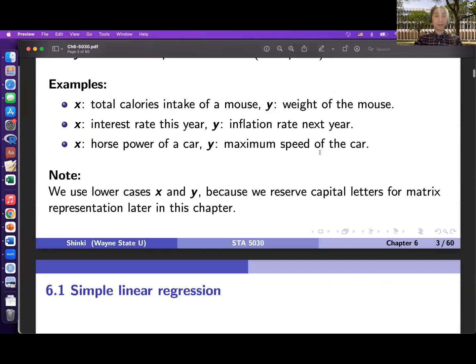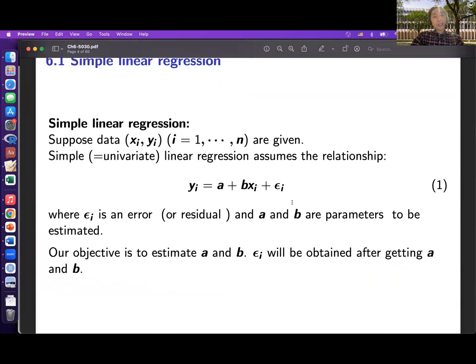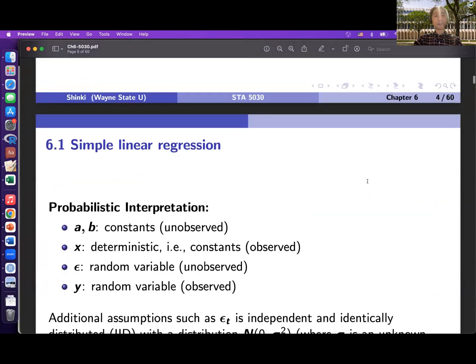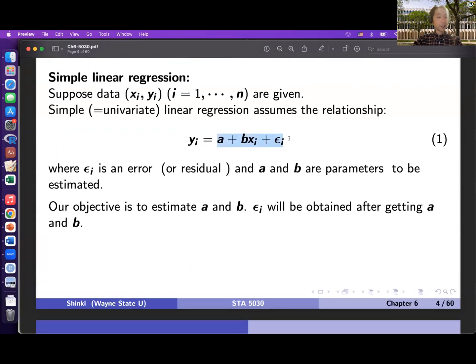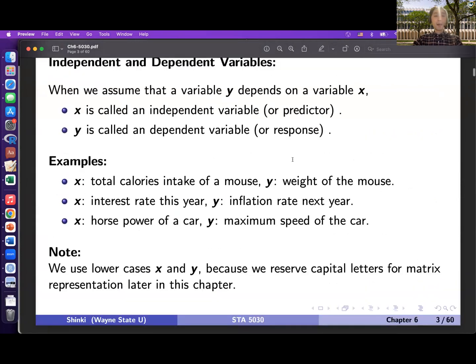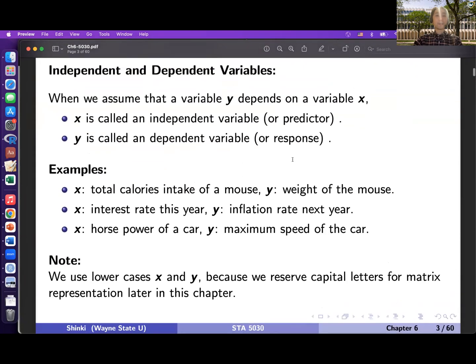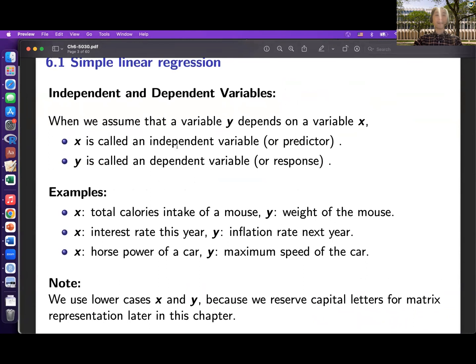So this is the linear regression, and actually we say this is linear. One reason is that this is a straight line, but that isn't actually essential. The point is that this is a linear function of A and B. So then the squared distance becomes a function of squares of A and B. Generally, the linear model means the right-hand side is linear with respect to the parameters A and B. So that is the linear regression, and in terms of probability, then